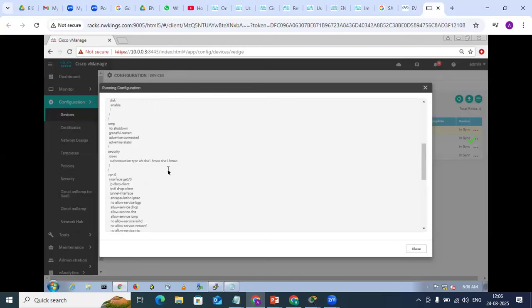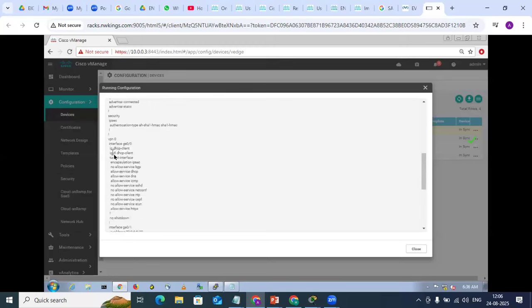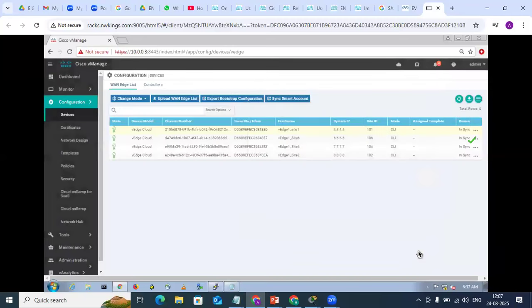That is being configured. If I need to say that we need to configure a tunnel interface on a physical interface, the tunnel interface is there, encapsulation is there, right? So you can say that the physical interface has an IP address, tunnel interface, encapsulation, color, right? Services are being allowed. DHCP service is allowed, DNS service is allowed, ICMP service is allowed, netconf is allowed. As I told you, some of the basic services need to be allowed. HTTPS is allowed, right? So some of the basic services need to be allowed.